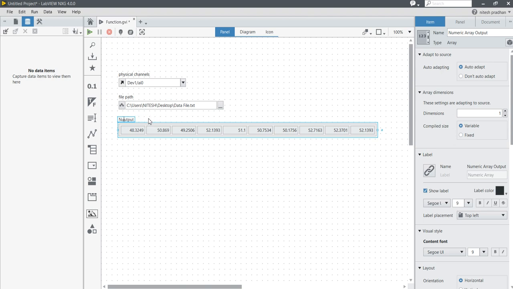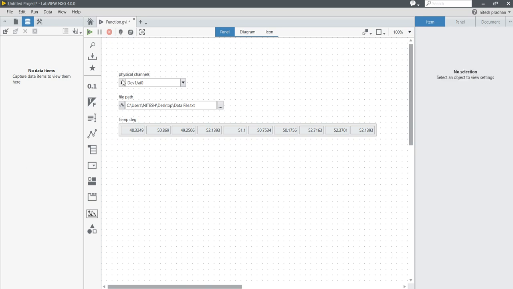Again run. So this array is displaying the data which we had acquired using the temperature sensor.